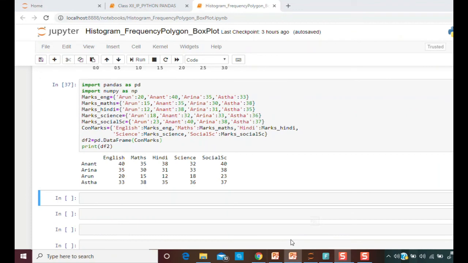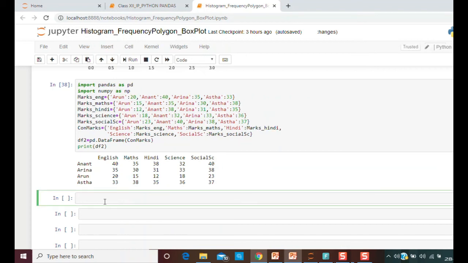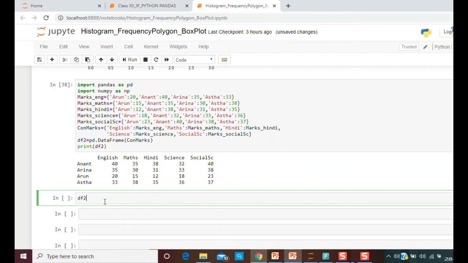For using boxplot, we first need to have a data frame. I have just taken a data frame which has the name of the student as the row and the subjects as the column. For using this in the box plot, we just need to mention the name of the data frame, df2 dot boxplot. Within brackets, we just have to name the data.